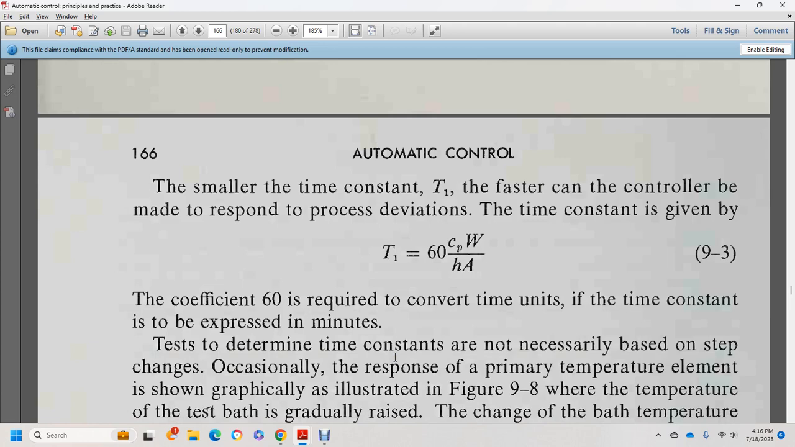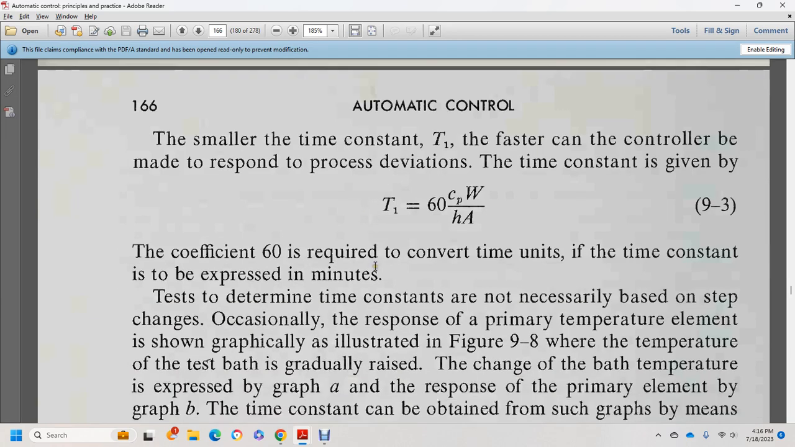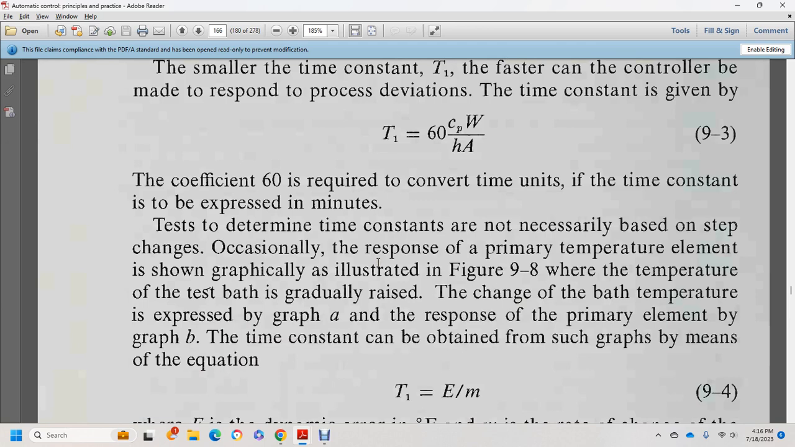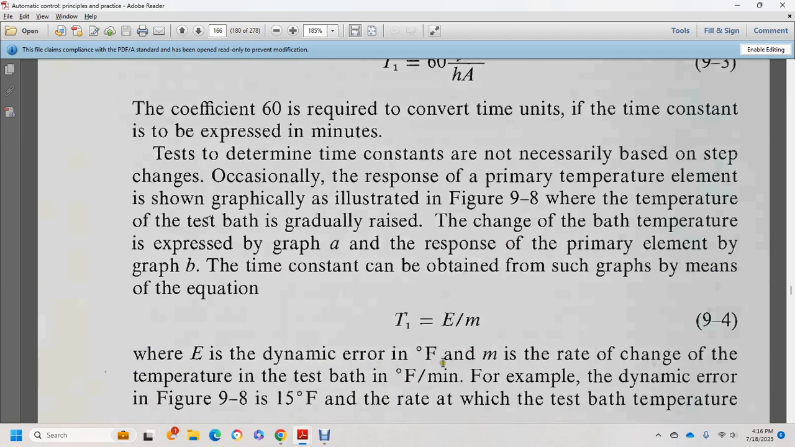Occasionally the response of the primary temperature element is shown graphically, as illustrated in figure 9/8, with the temperature of the test bath. Gradually the bath temperature changes, graph A, with the response of the primary element in graph B. The time constant that can be attained from such a graph is equal to E times M, where E is the dynamic error in degrees Fahrenheit and M is the rate of change of the temperature of the bath, so the dynamic error is equal to